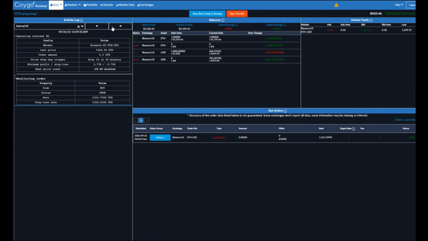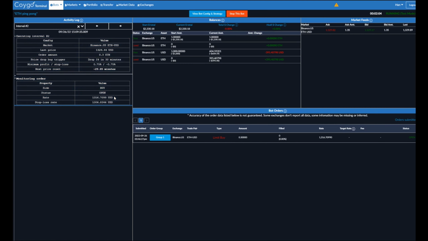And we go to the next interval. Now we see that it's monitoring that order. So now it knows that we have a buy order that's currently open at rate 13.16. We also see the stop loss rate. So if this buy order fills, the bot will immediately open a sell order